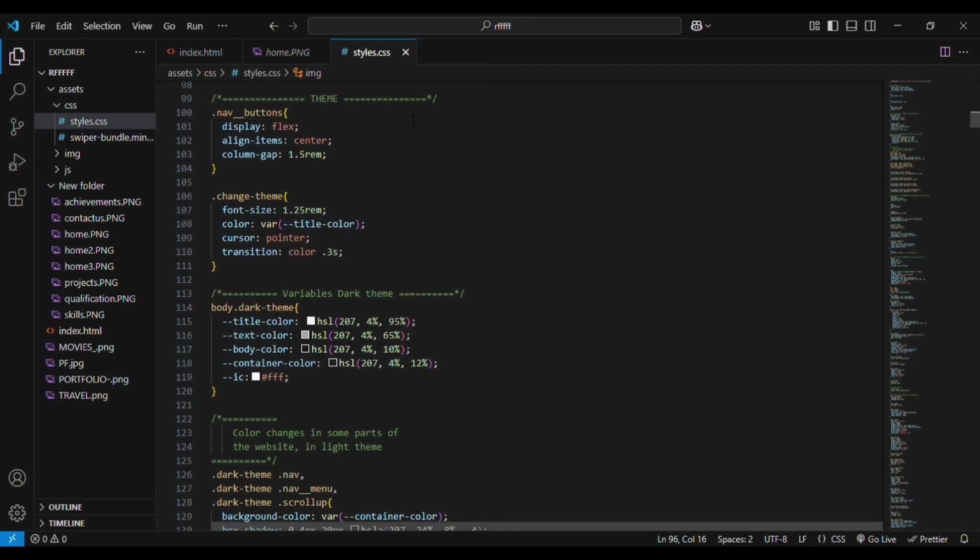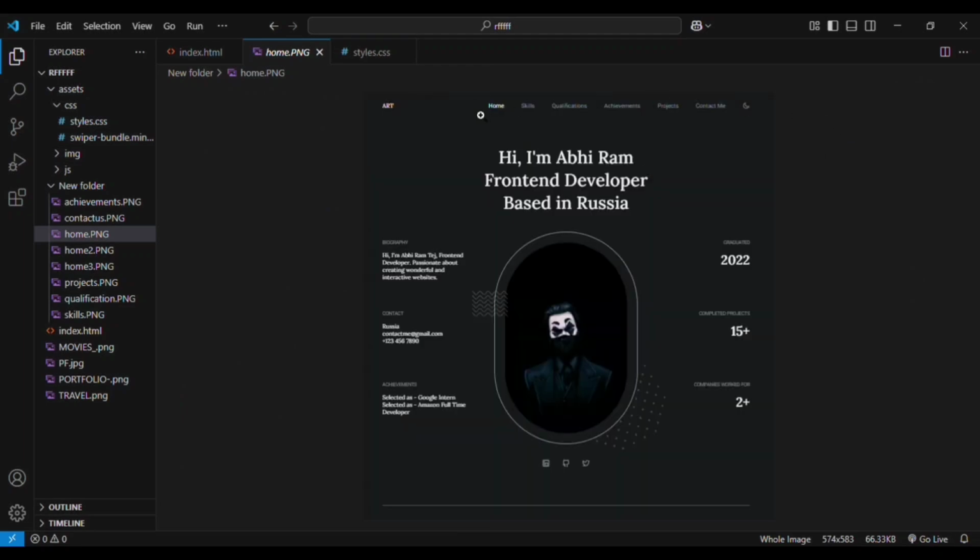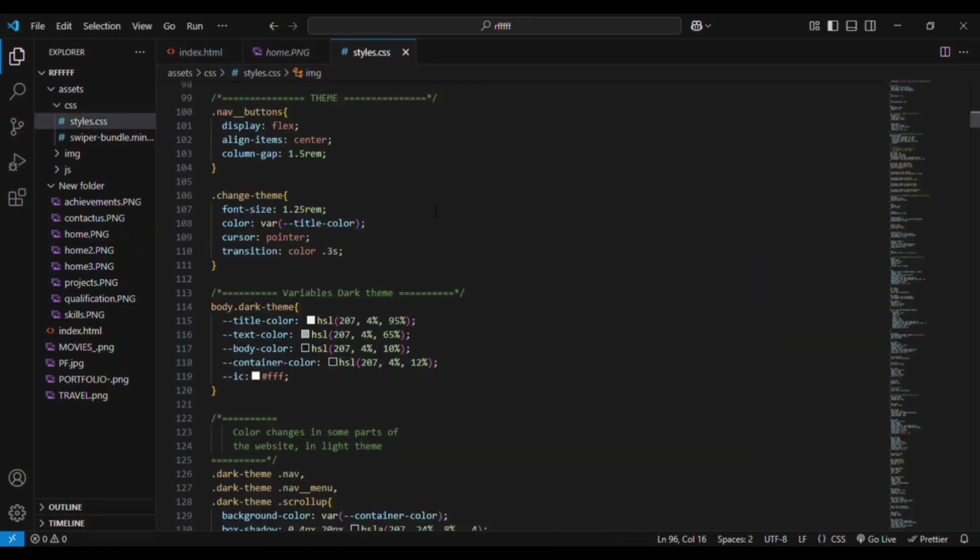So what happens is the nav buttons elements will be aligned in the top menu. We can see that it will be aligned exactly at the center. You can see beside the menu elements, the theme button is located exactly at the center of the row. You can see that. Then for the change theme,